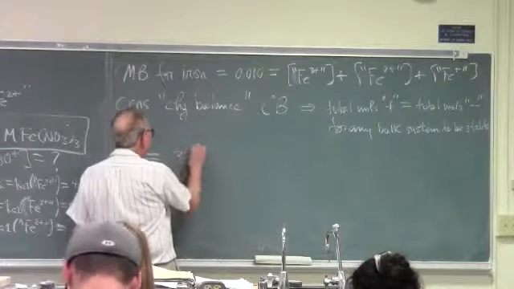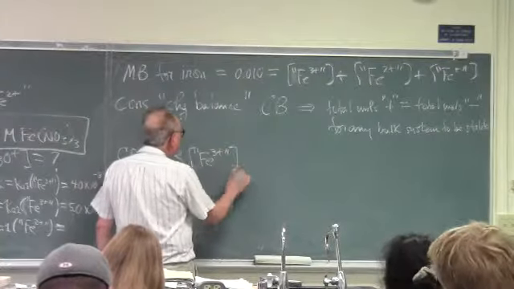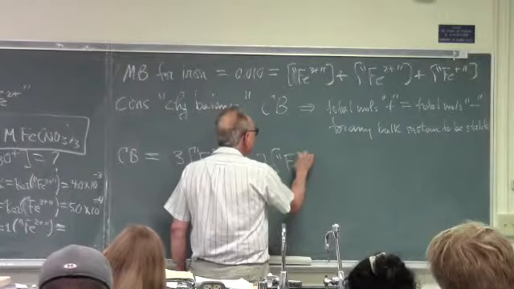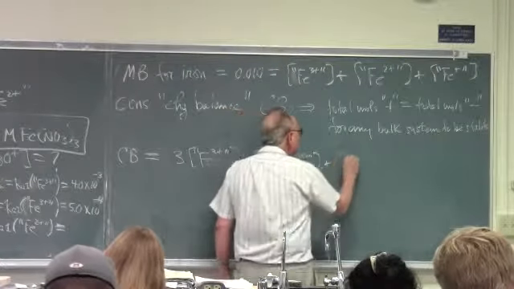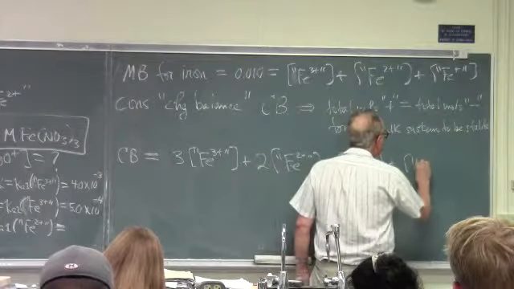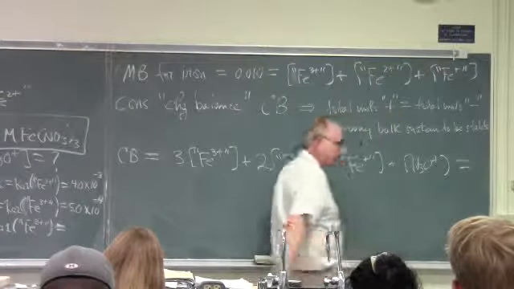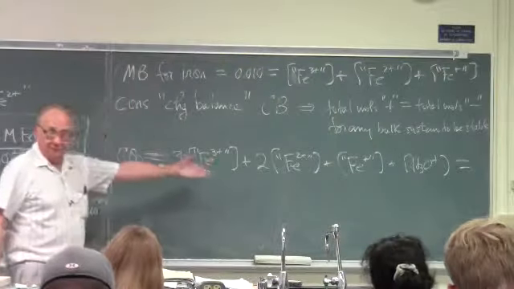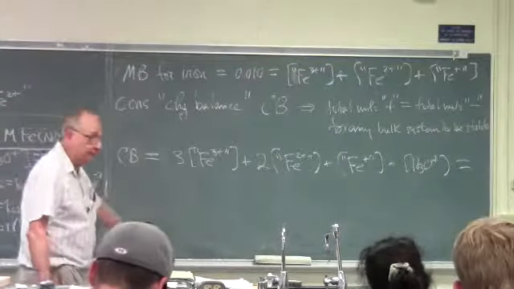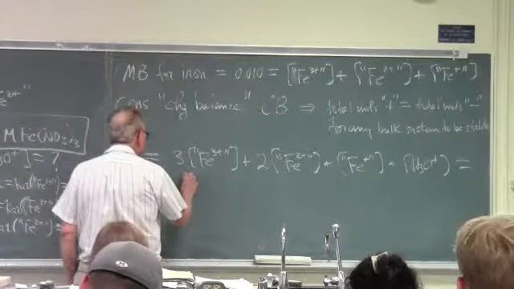Here it is. 3 times the molarity of Fe3+ plus twice the molarity of Fe2+ plus the molarity of Fe plus the molarity of hydronium ion. Those are all the plus things in the pot. So we're summing up their molarities to get total positive charge. Total moles positive charge equals